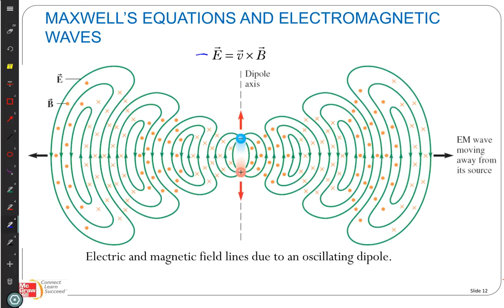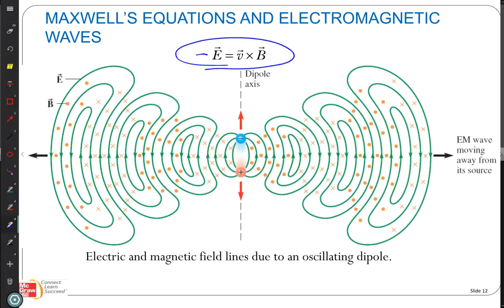So a typical antenna is a rod. Here's a longer one. And you just have charge go up, down, up, down, up, down, and that makes oscillating electromagnetic waves. And then those electromagnetic waves, because of Maxwell's equations, will propagate. They'll keep going. Now, one thing that's unique here, because of this relationship,